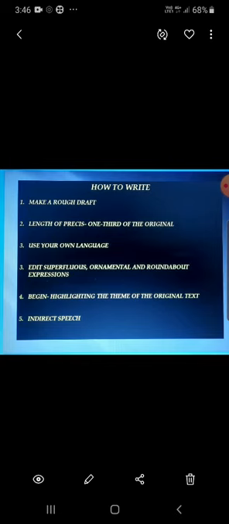So, the most important thing is you should use your own language. Don't ever copy the sentences or phrases from the original passage. Remember this thing, because a Precis must not be a patchwork made up of phrases and sentences quoted from the original source. Then, while writing your draft, edit all the unnecessary details, leave out the superfluous, ornamental and roundabout expressions,